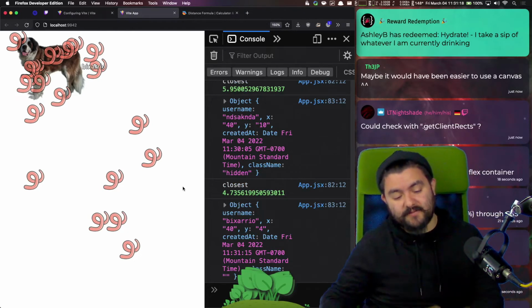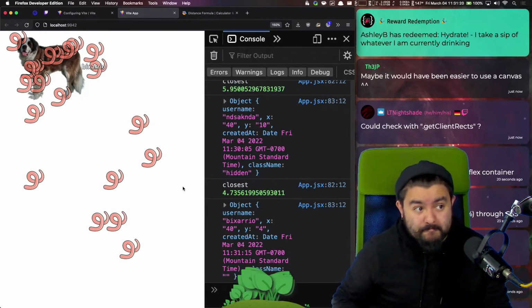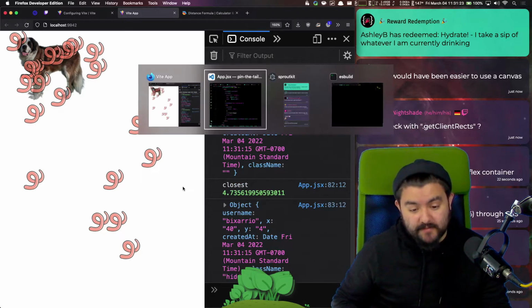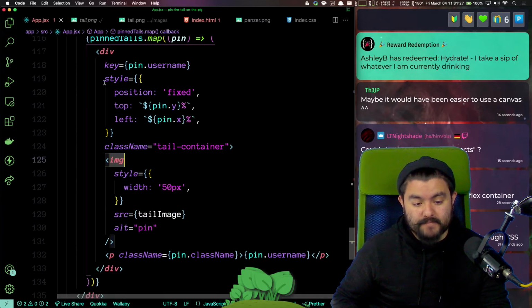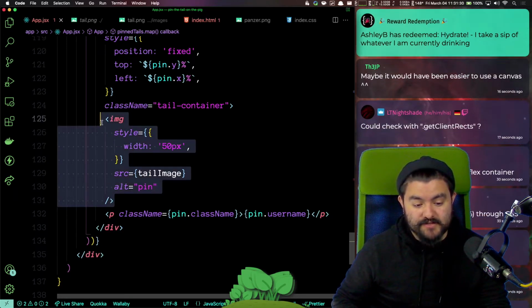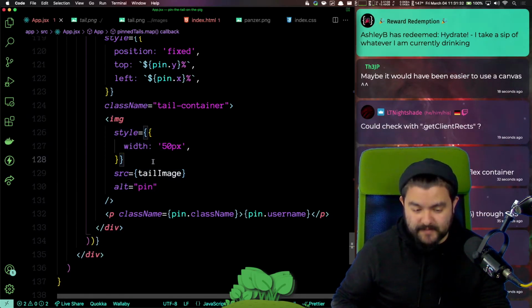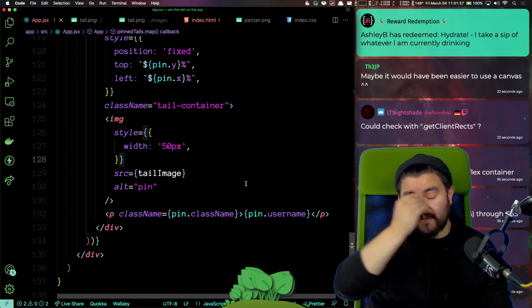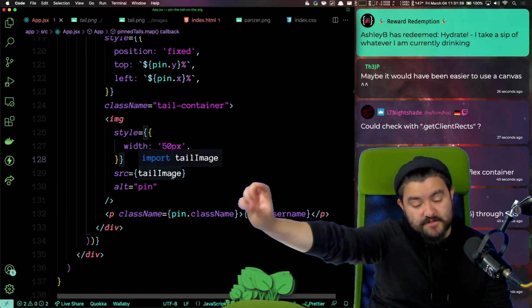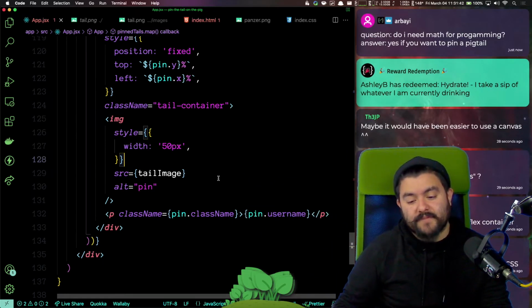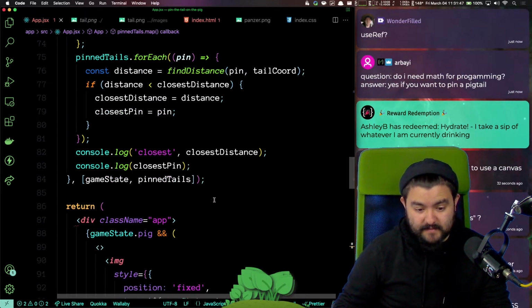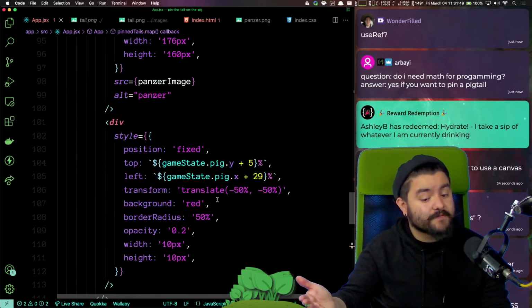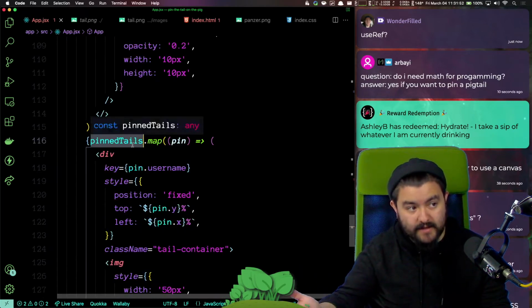The issue with get client rectangle is now I need a reference to the DOM, and we're in React, so that's tricky when you have an array of things. Technically, that would be really nice if I could just do get client rectangle of this image. That will give me the bounding box of just the image, and then I could get the bottom left coordinate. However, we are in React, and it doesn't make that easy. So we can do use ref, but this is an array of elements.